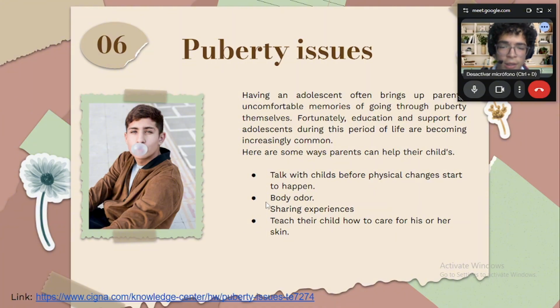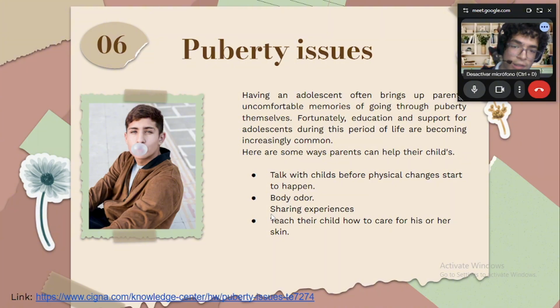In the second, it's body odor. So it's about how parents can teach their child how to care for his or her skin. This is really important, as I said earlier. You have to wash your body and face daily so acne doesn't start developing. And